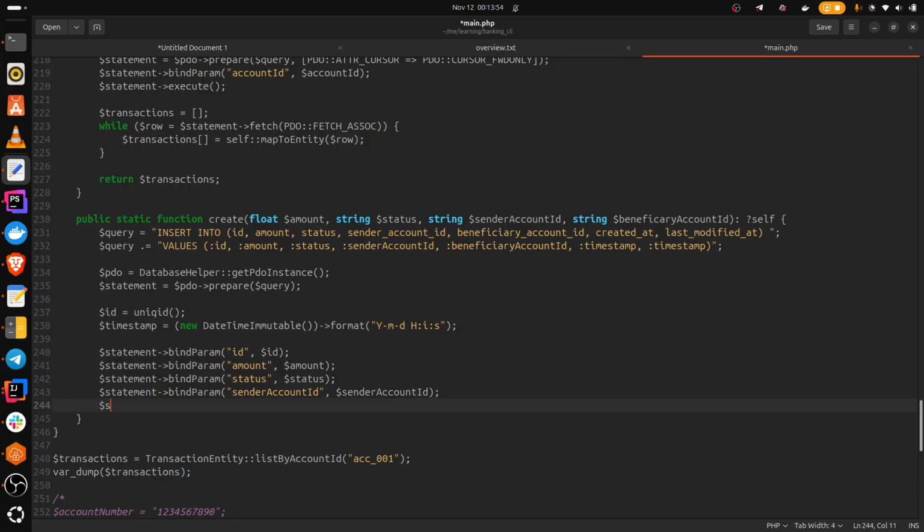Okay, so statement bind param, beneficiary account ID should be the beneficiary account ID, which is here,